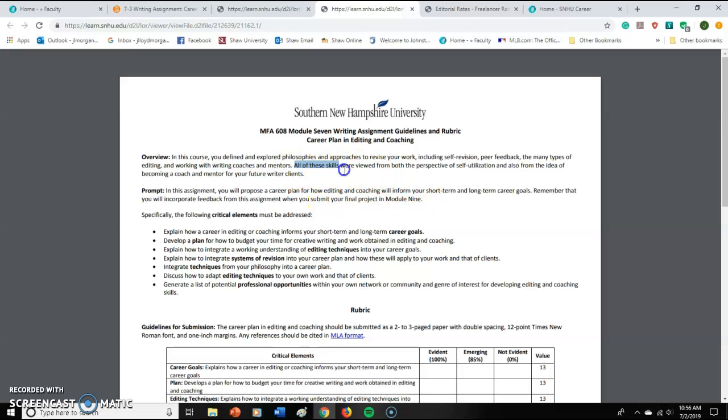And all of these skills were used from both the perspective of self-utilization and also from the idea of becoming a coach or mentor for your future clients. So in case, not only do you need these services, but you will also be able to provide these services. So for this assignment, you will propose a career plan on how editing and coaching will inform your short-term and